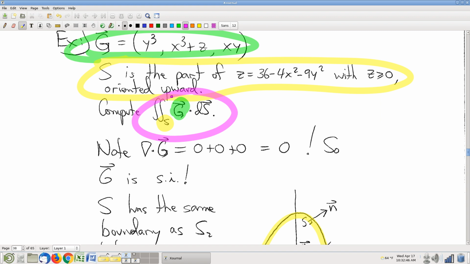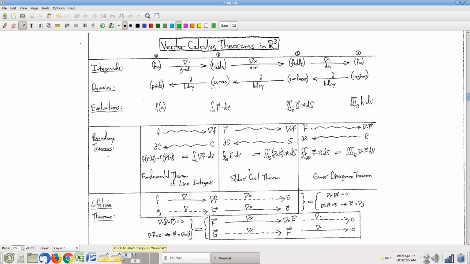Okay. Let's see here. Can we use Gauss's divergence theorem? Gauss's divergence theorem allows us to compute fluxes sometimes, right? There it is. There's a flux that you can compute with Gauss's divergence theorem. Problem. In order for this to work, notice that my domain must be a boundary. That's what the theorem says. Certainly it's what the diagram also indicates. This only computes boundary fluxes. And our surface here,